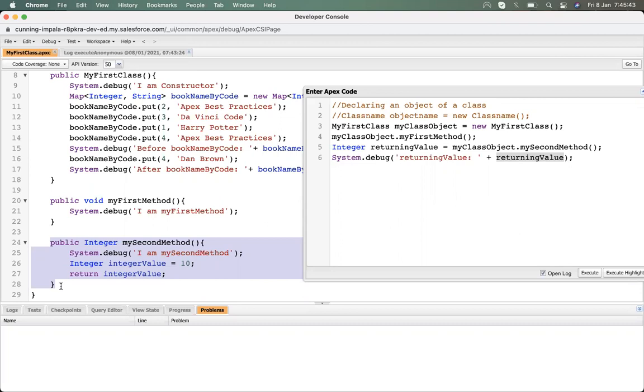Okay, suppose we have a requirement to print the weekday whenever a date is input by a user.